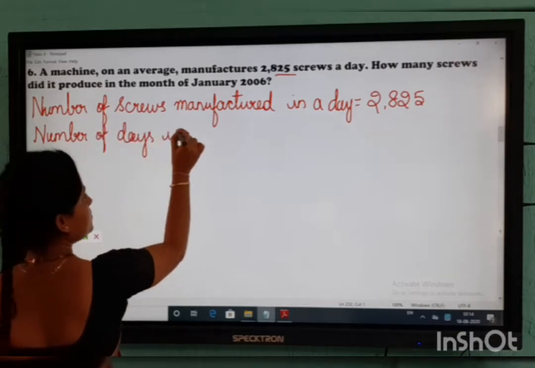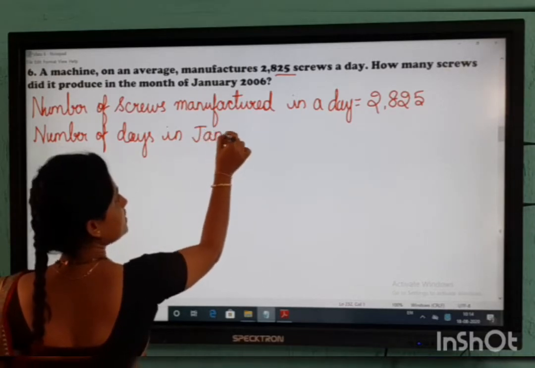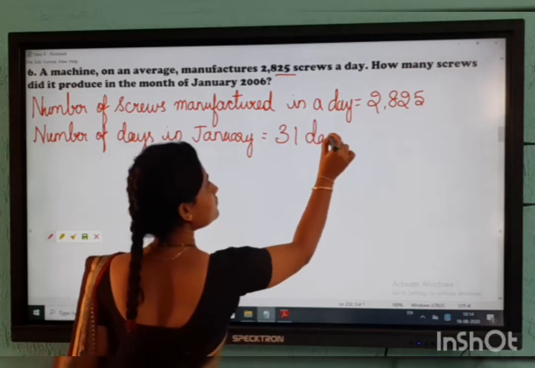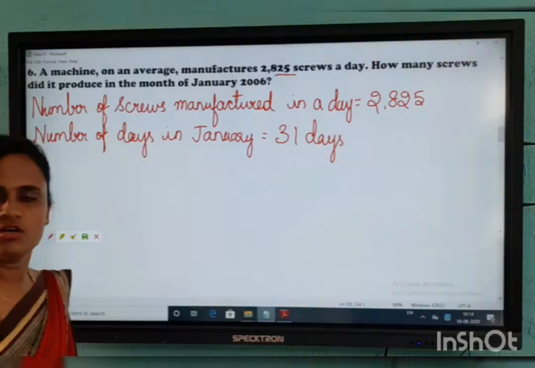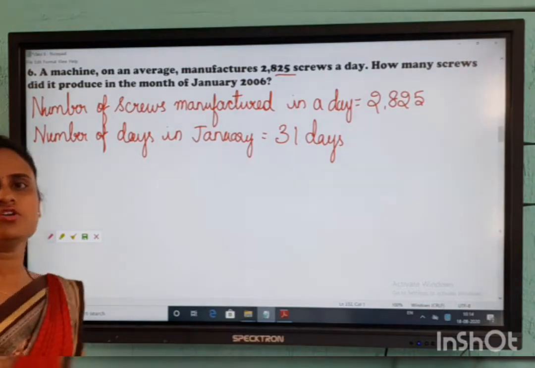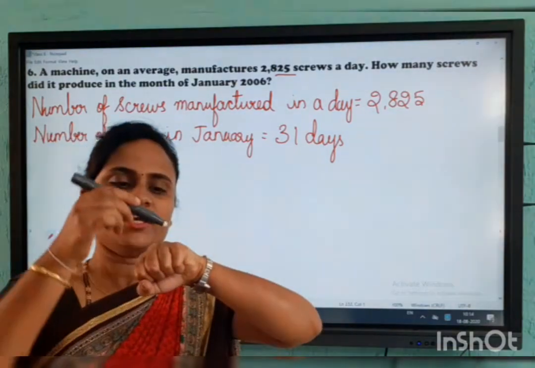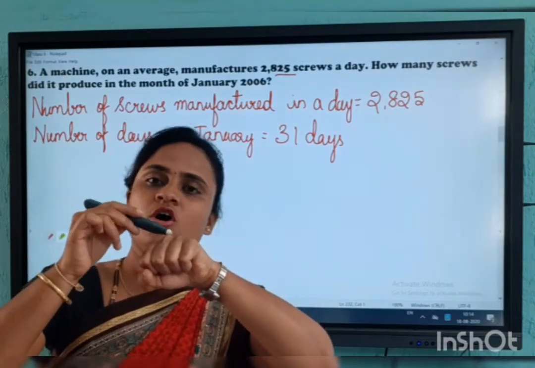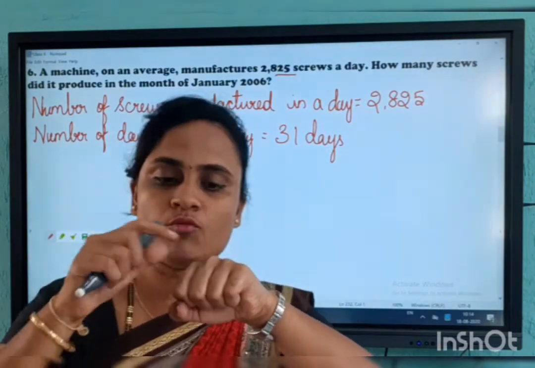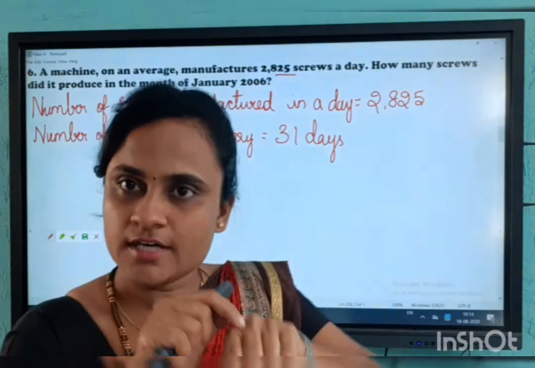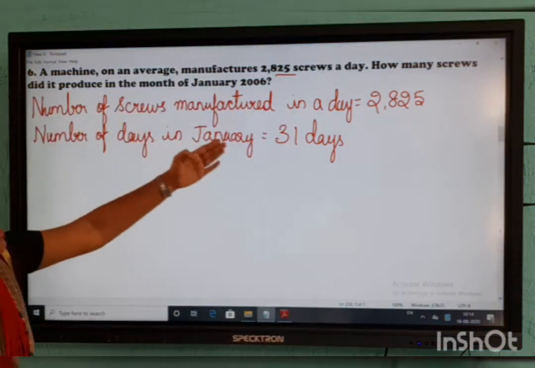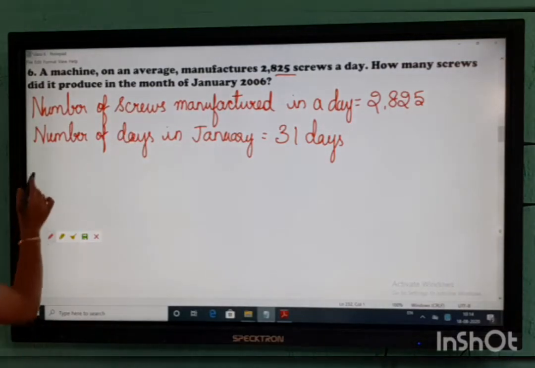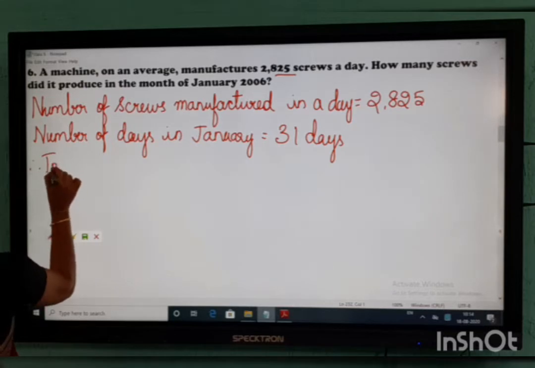Number of days in January is how many days, children? 31 days. You all don't know January means 31 days? So those who don't know, can we keep the figures like this? See, January, February, March, April, May, June, July, like this. Here what comes, the number of days will be 31. What comes here will be 30 days. Right? Now they are asking you how many screws did it produce in the month of January. So, therefore, total number of